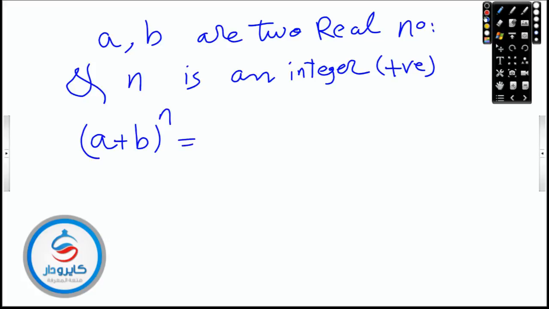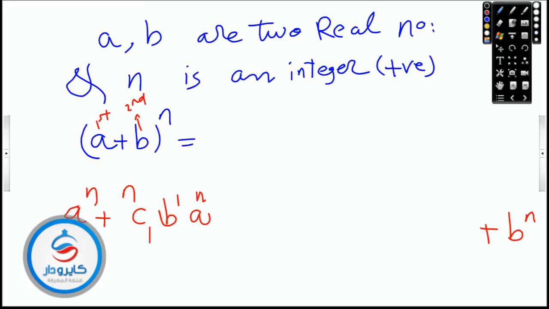نخلي بالنا بنبتدي ب A power of N وننتهي ب B power of N. A power of N, B power of N. بعد كده بنقول N C1. نخلي بالنا ان ده اسمه الفيرست وده هنسميه السكند. يبقى N C1 second B power 1 A power N minus 1. N C2 B power 2 A power N minus 2